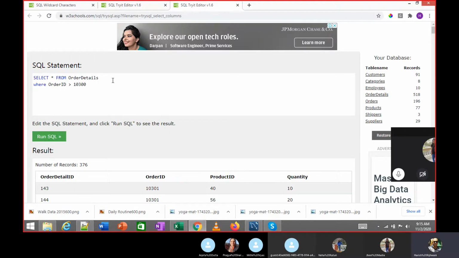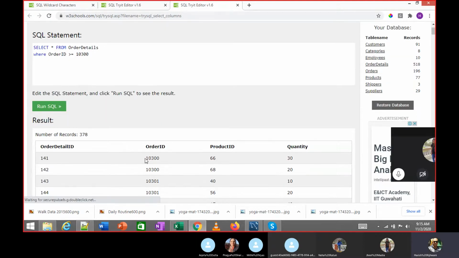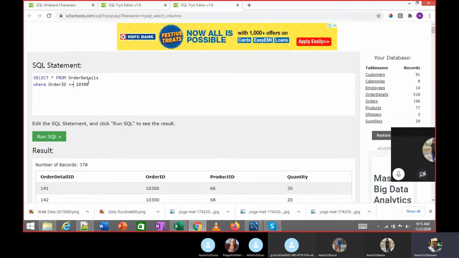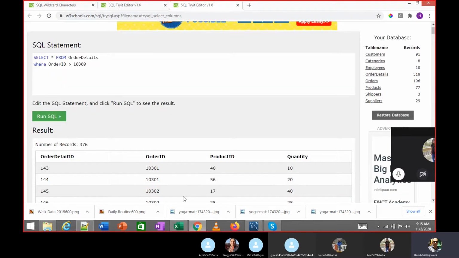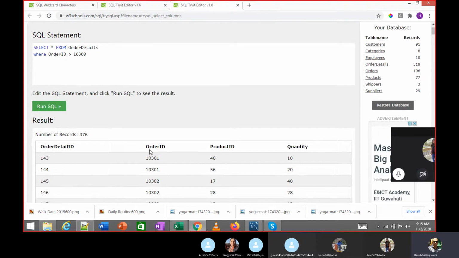So here if I type greater than equal to instead of greater than, I'm going to get that value of 10,300. Without the equal to symbol, I'm only getting values above 10,300. It will not include 10,300.